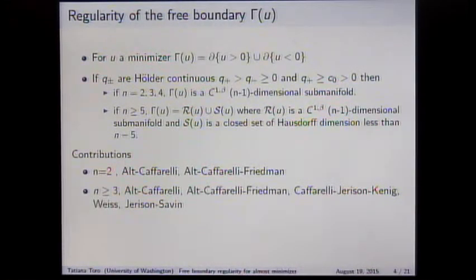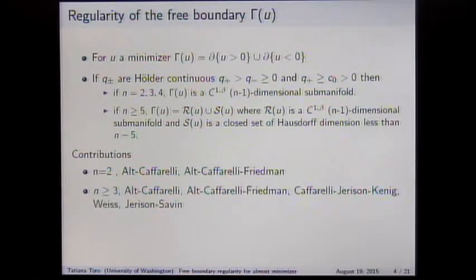Okay? Since, as Diego mentioned, I come from geometric measure theory, I want to make an analogy. This is very similar, for those of you who have looked at any GMT, to what happens for minimizers of perimeter. And basically, there's a good reason, as we have seen, for these numbers to match.